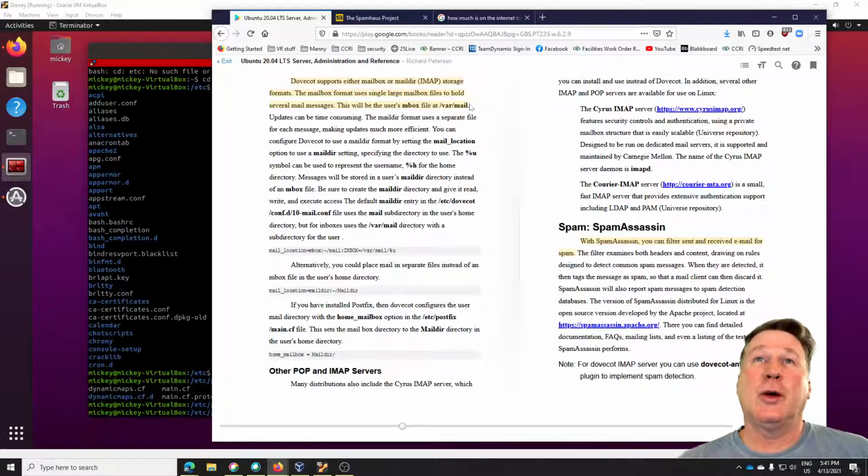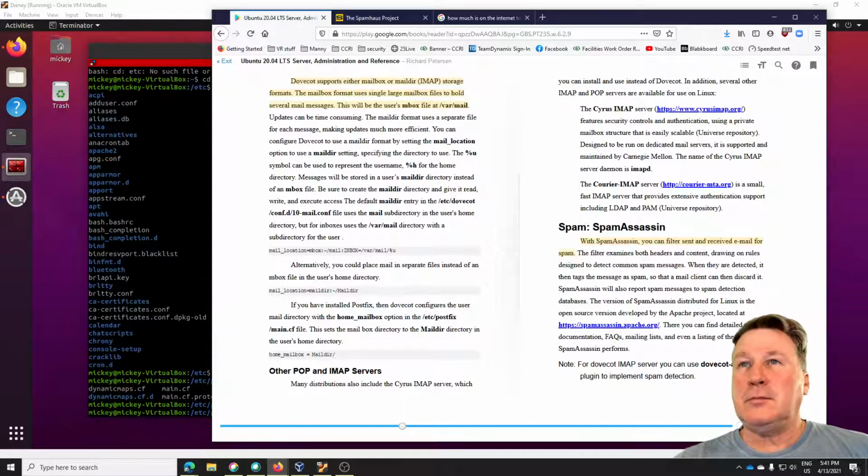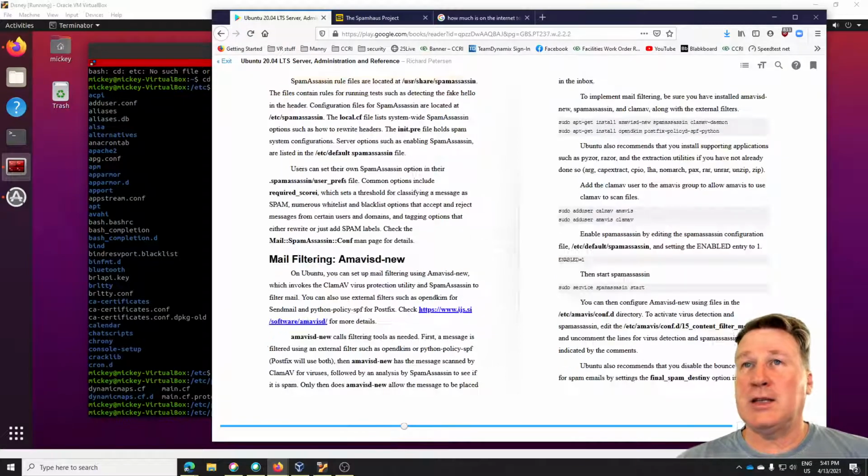So where's your mailbox stored in Linux Ubuntu? It's in the var mail location, and it's called an mbox for the user. So there'll be a user mbox stored inside there. SpamAssassin,